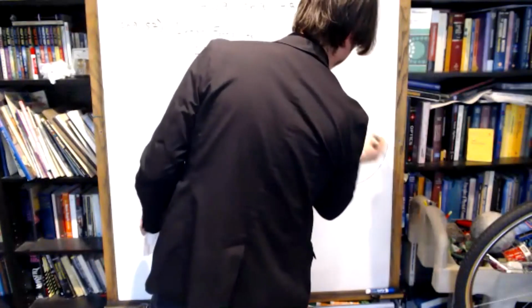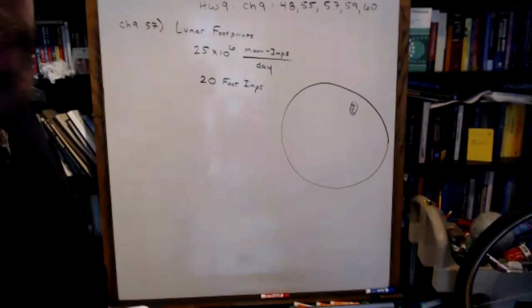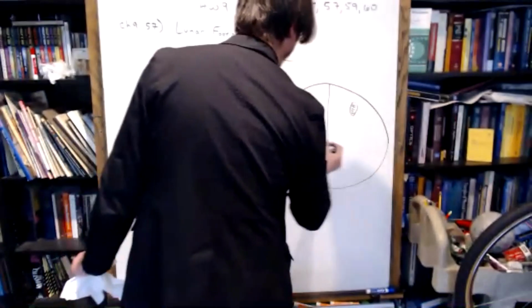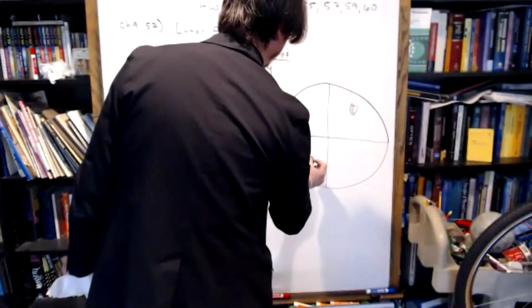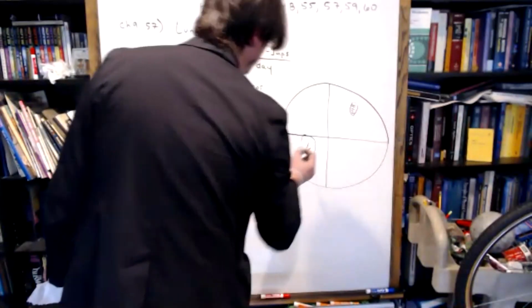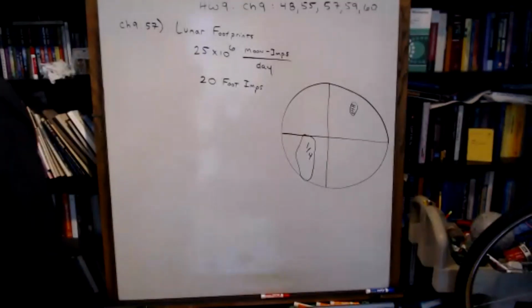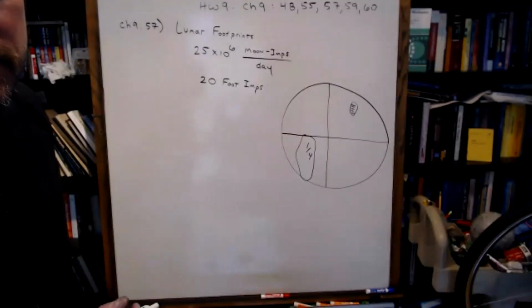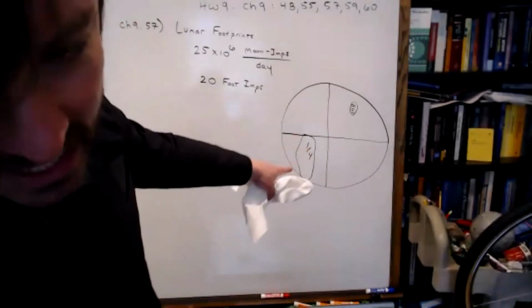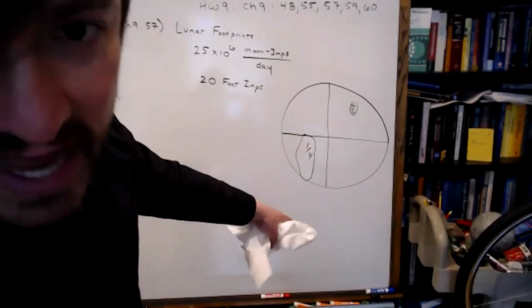Let's have a thought argument. Class, suppose Neil Armstrong's foot was so big that it covered 1/4 of the moon's surface area. If the foot was so big that it covered 1/4 of the moon, what fraction of the moon impacts would strike the foot each day? 1/4 of them? Yeah, 1 in 4, right? And that tells us, okay, what if Neil Armstrong's foot was 1/8? Then 1/8 would hit them. What if it was 1/10?